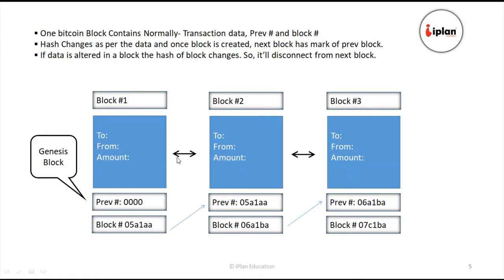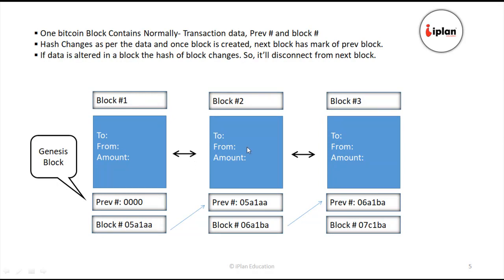let's suppose there are three blocks, and the first block is the genesis block. So it will not have a previous hash. The hash will be 0. So this is the first block created, and it will have its own hash, but not the previous hash, because before this there was no block. So what is a hash? This is basically a kind of fingerprint, to identify or authenticate the block.